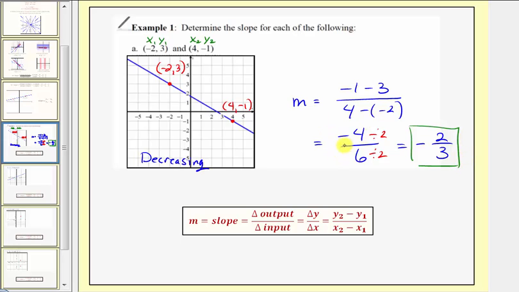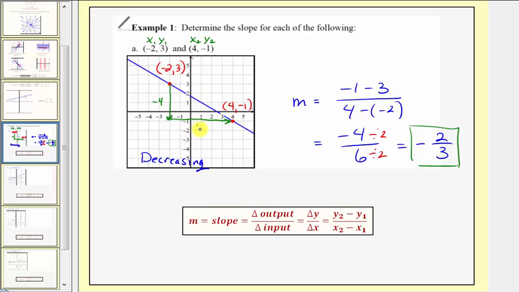Notice how here we had a slope of negative 4 over 6, which means when the change in the output is negative 4, the change in the input is positive 6. So notice how if we wanted to travel from this point on the left to the point on the right, we would have to go down 4 units, which is the reason why the change in the output was negative 4. And then we'd have to go right 6 units, which is the reason why the change in the input